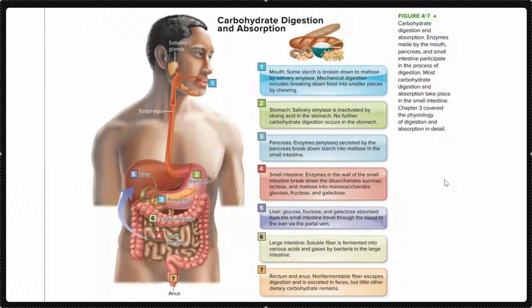So in the mouth, I believe you can see the slides. I'll just read most of the things on this slide and then explain. So in the mouth, there is what is known as starch that is broken down to maltose by a juice